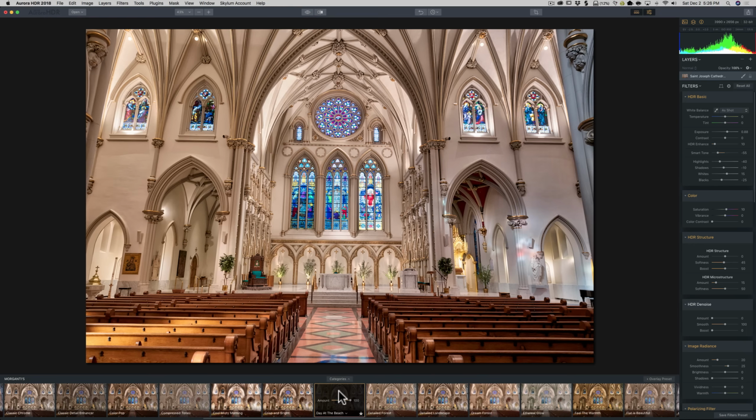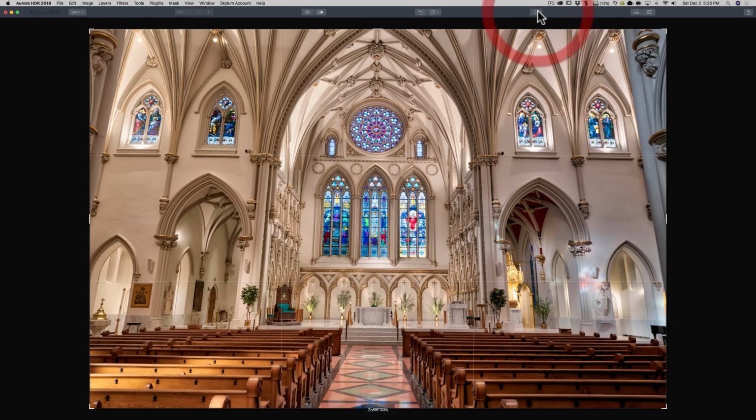So far, so good. So I kind of like this. Usually what I use presets for is a starting point. I use it and I go, well, I kind of like that, but there's a couple little things I want to change. So that's what we're going to do with this one. Now, first of all, the image is crooked. I better straighten it. So I'm going to open up the crop tool,